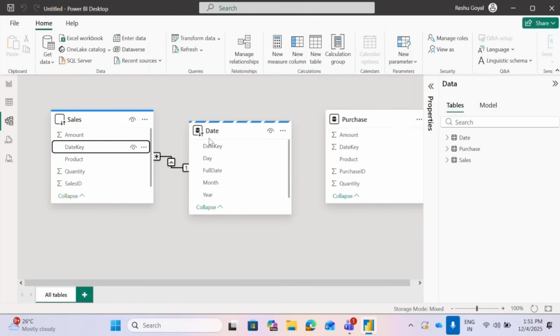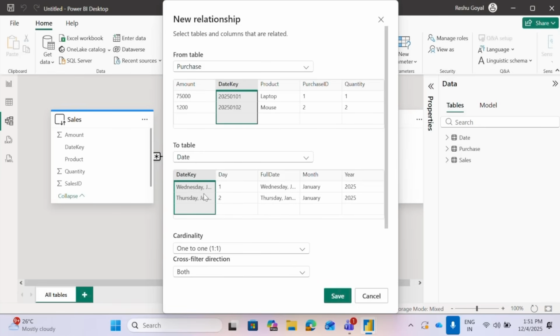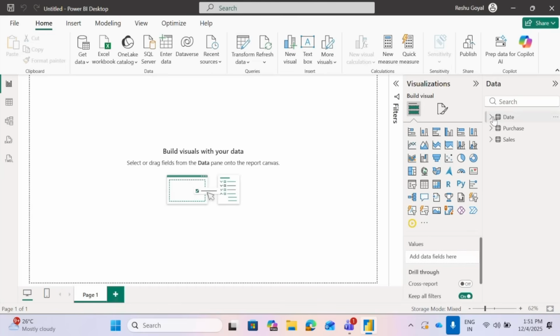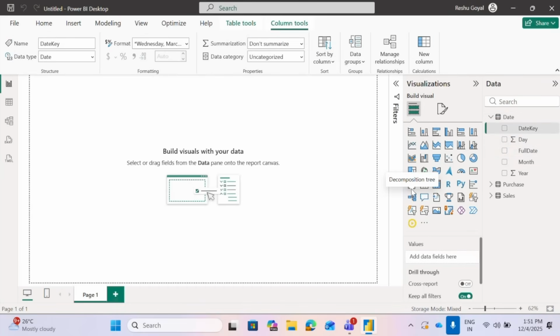Now this date table is going to create the relationship with this, and I'm going to create the relationship of this purchase with the date key again, and this relationship again is going to be my many to one, many being a fact table and a single directional relationship, and I click on OK. This relationship is created.